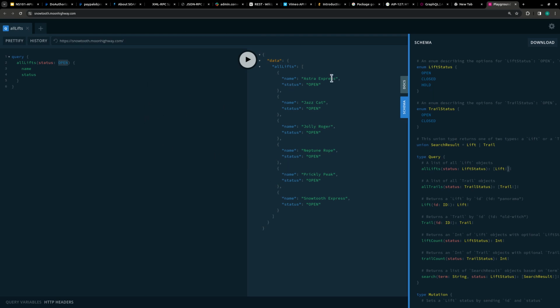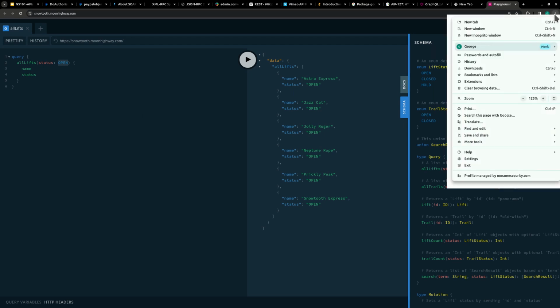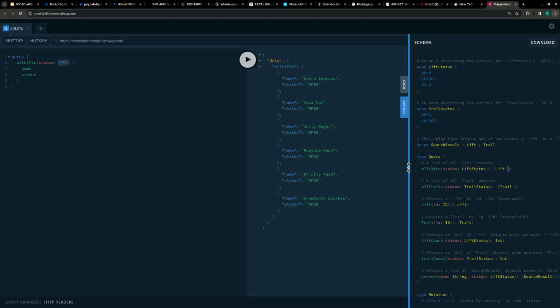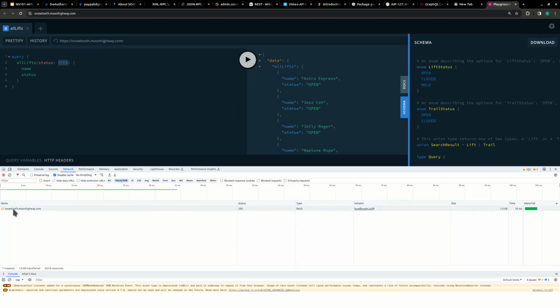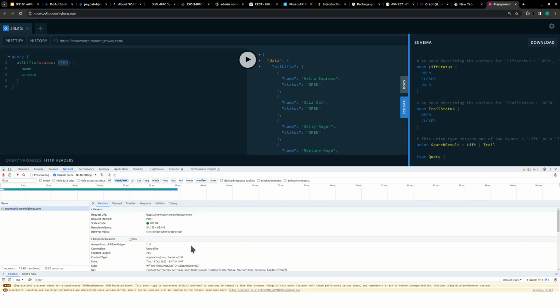The last thing I'm going to show you in this exercise, I'm going to switch back to the developer tools very quickly. More tools, developer tools, and I'm going to send this request again. All right. Again, I'm looking at the fetch XHR. That's what I'm interested in, in this particular case. And I'm going to send that request. Again, network, fetch XHR, send. Here's your request. And if you select this request, you will see that it's a POST. It was sent to